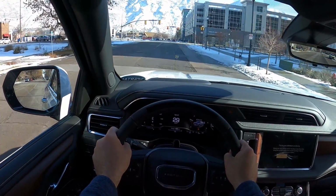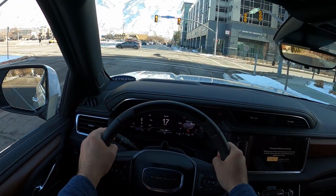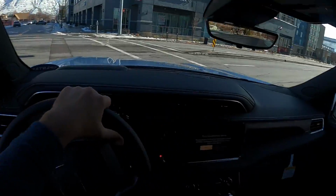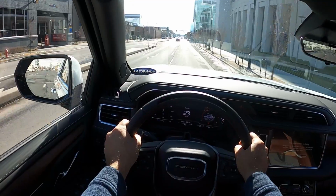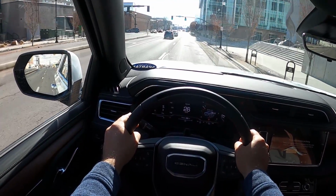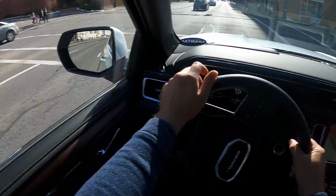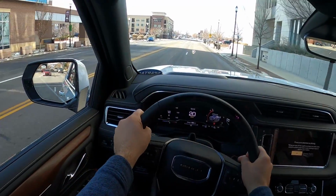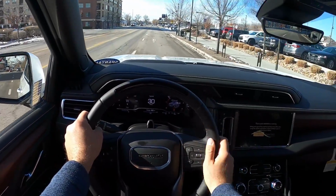Yeah, ride quality is pretty good over these bumps and everything, so no complaints with that. And see how the torque is coming through here. Oh yeah, gotta love the torque from the 6.2 V8. It is really nice. And yeah, just solid. So to cap things off,